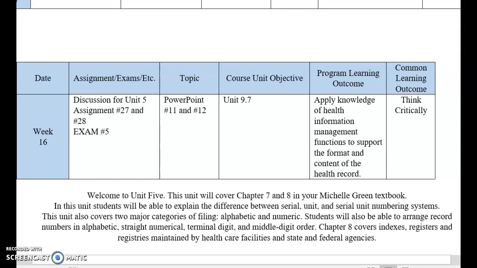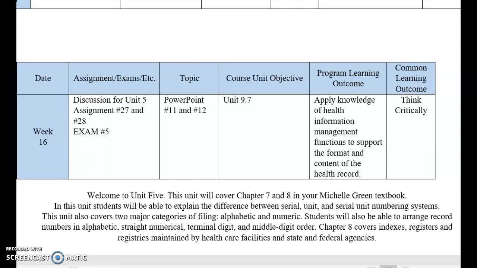Welcome to week 16. We have this week and next week left and you are done for the semester. So let's just talk about the assignments. We're going to start off with the discussion this week for Unit 5. We also have assignment 27 and 28, and then exam 5 is going to be over chapter 7 and 8